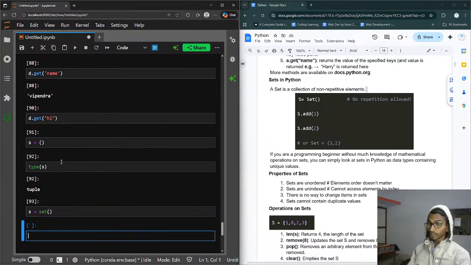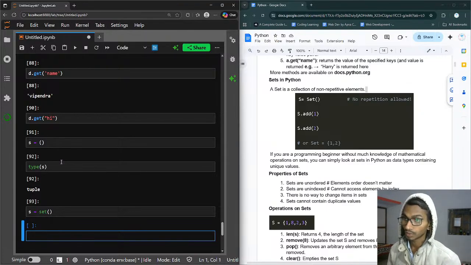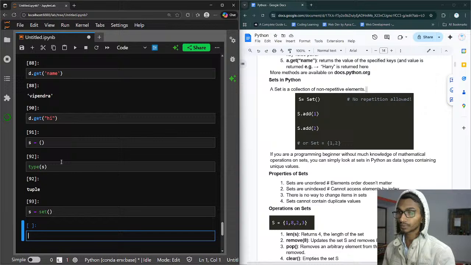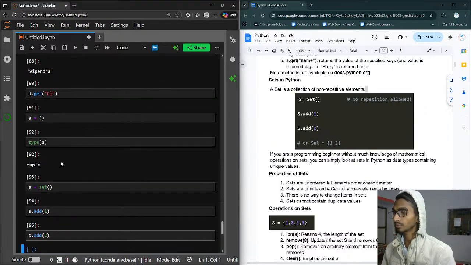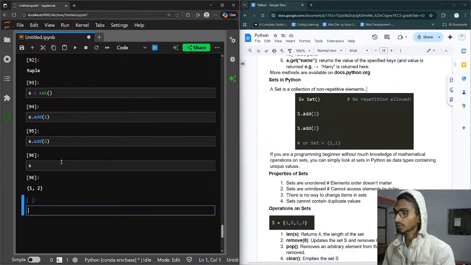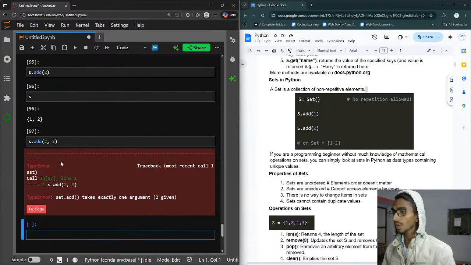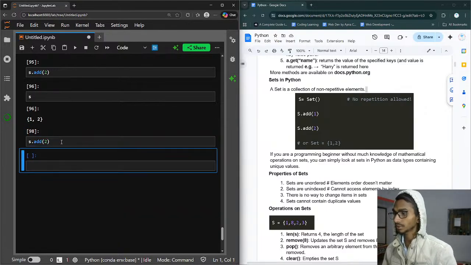By the way, it can have unique elements. We cannot give it 2 of the same element. No repetition allowed. That is what I have to keep in mind. I can just simply add the values. So this is the first value, s dot add, this is the second value, and if I check the s right now, it has 2 values. I can s dot add 3, 4, 2, 3. Well, this is problematic. So let's just add 2 right now, and if I check the s,